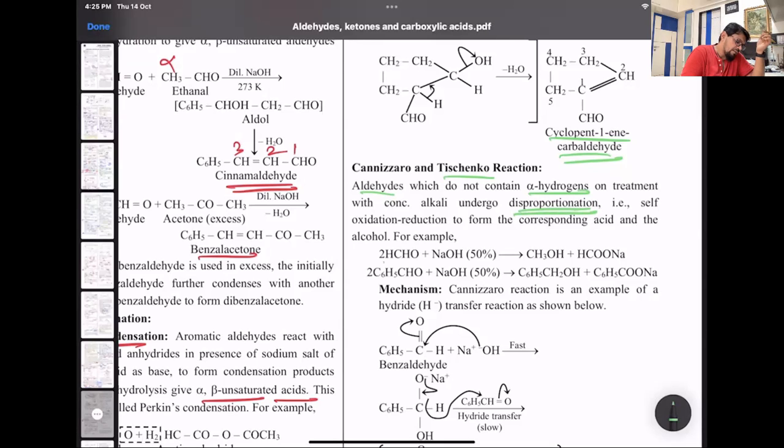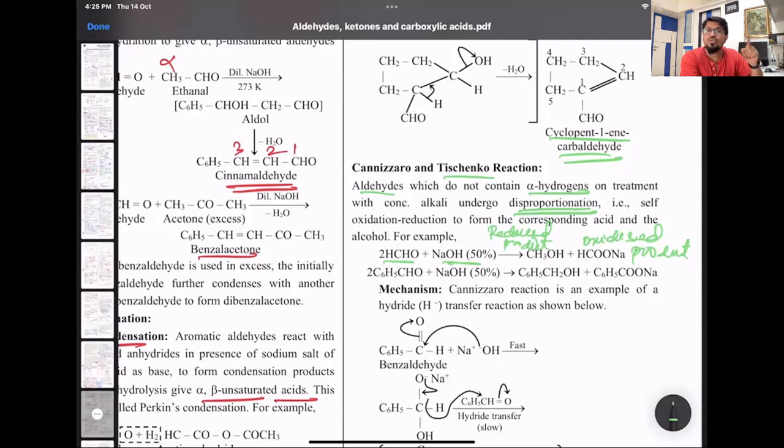So if you take formaldehyde with 50% NaOH, 1 molecule of formaldehyde gets oxidized to formic acid. That reacts with NaOH to form sodium formate. So sodium formate is my oxidized product. And 1 mole of formaldehyde gets reduced to its alcohol. Formaldehyde on reduction gives methanol. So methanol is my reduced product. So do it orally. Same way, if I take benzaldehyde, 1 mole of benzaldehyde gets oxidized to benzoic acid, which